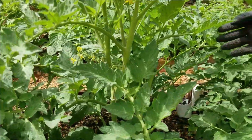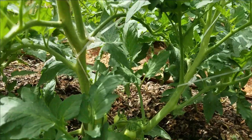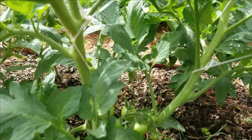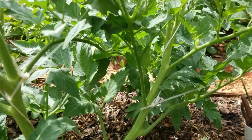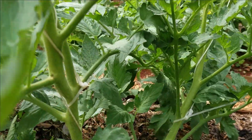remember I showed it to you 2 weeks ago, and it is because of us training the plants into several what I call main branches, but prominent side branches that will bear most of the fruits. That is why we had to